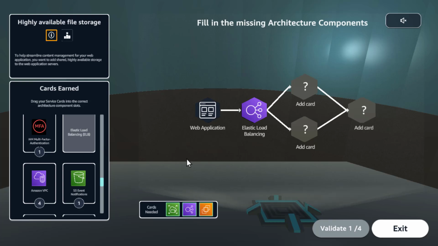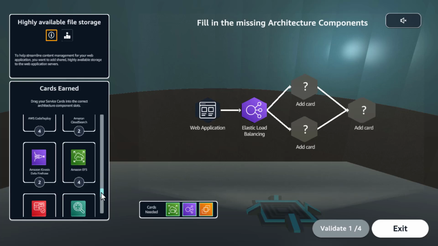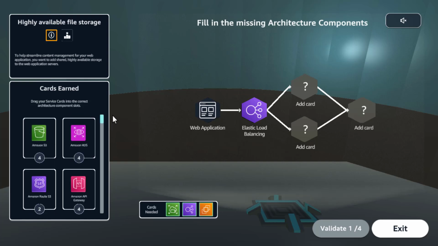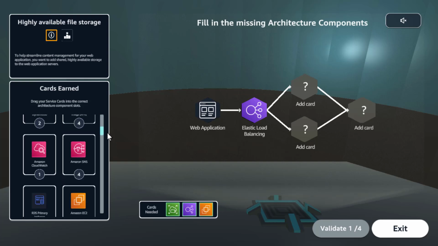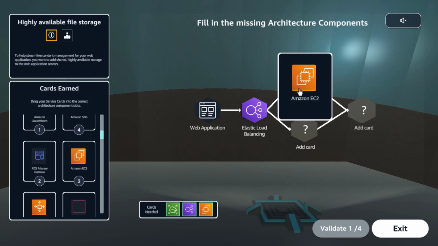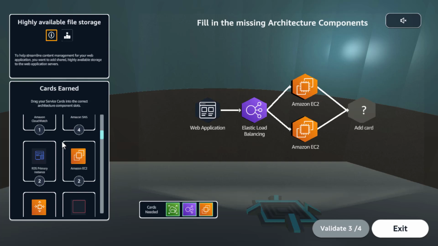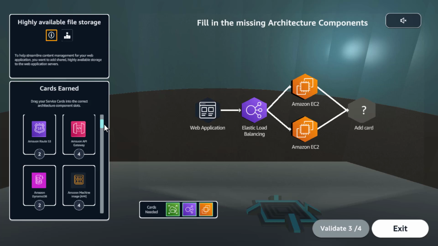Okay, once we have that, what do we need? ELB is going to talk to EC2 instances, so which will be the next ones? So place 2, but they have to be sharing the same file system, and the only one that they can use is EFS.